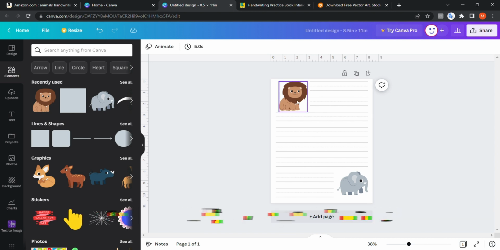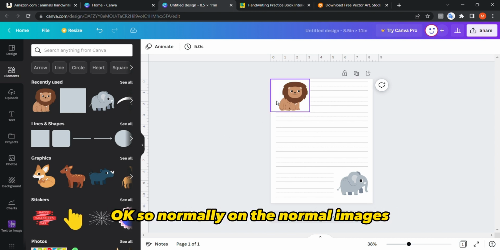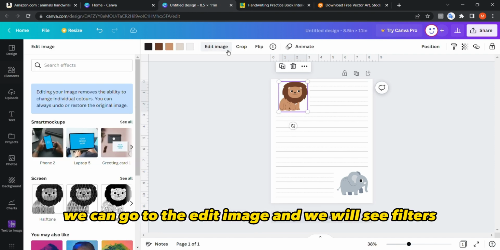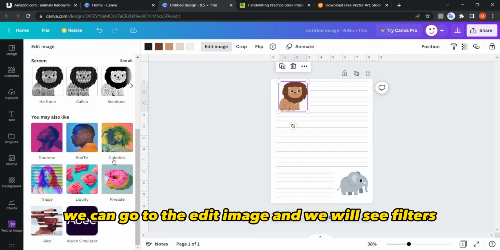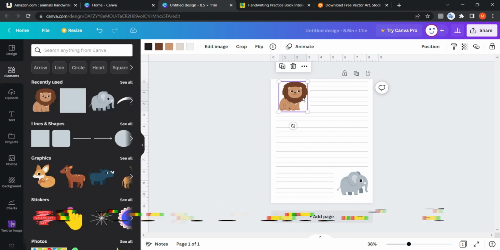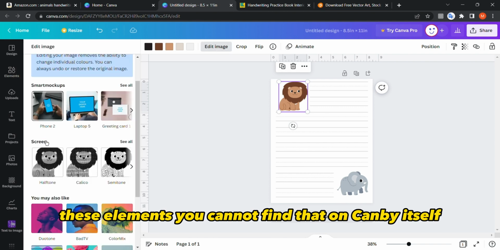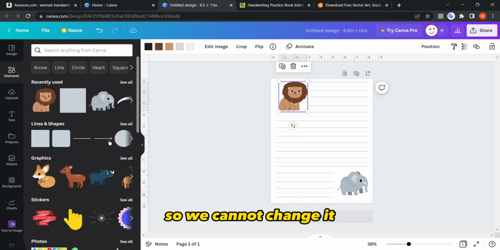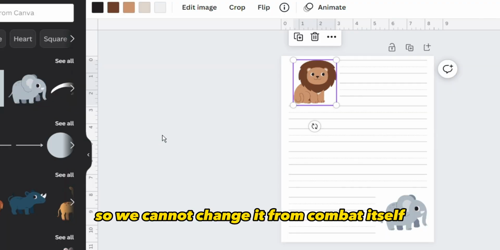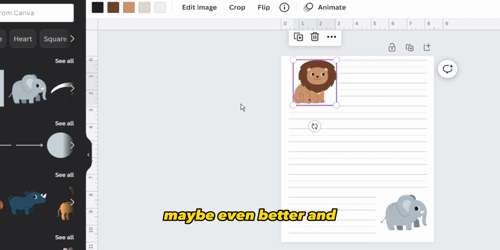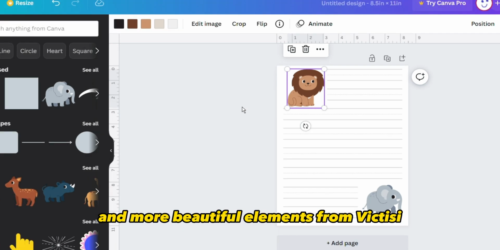as black and white. Okay, so on normal images, we can go to edit image and we will see filters and change the filter to black and white and it will be okay. However, for these elements, you cannot find that on Canva itself. So we cannot change it from Canva itself. However, we can use another tool to get more elements, maybe even better and more beautiful elements